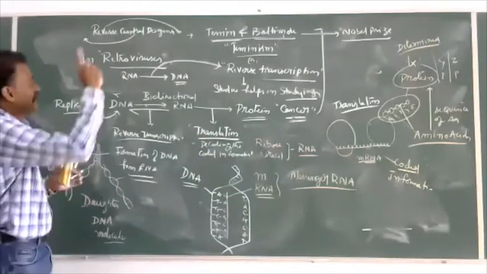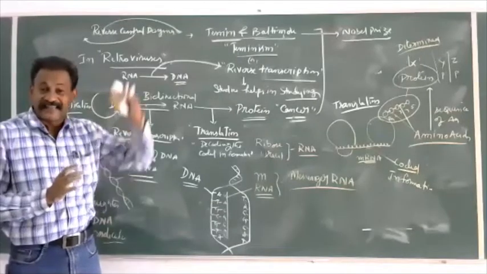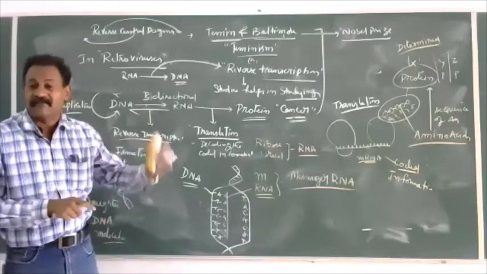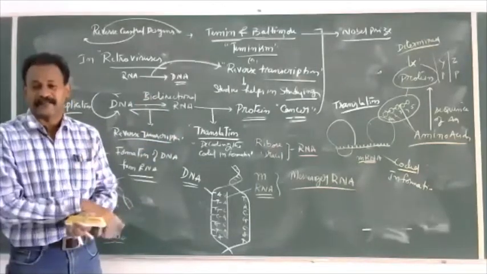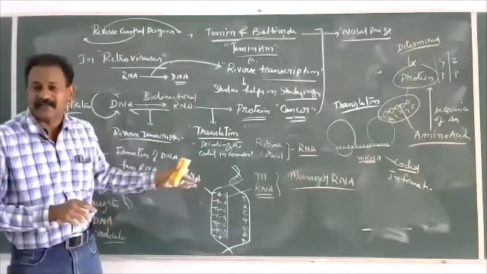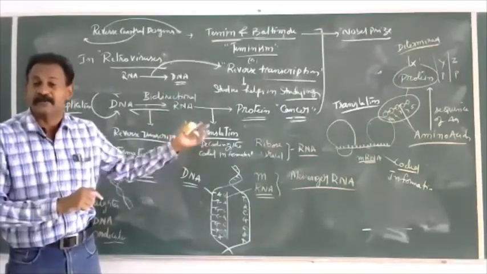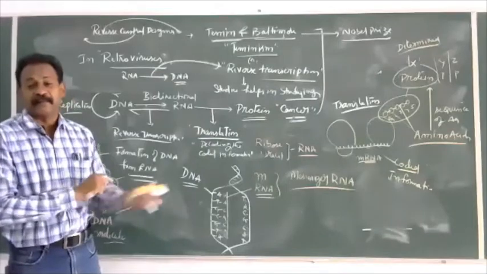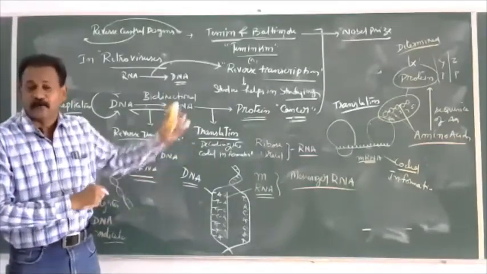We have studied the DNA in today's class. The length of the DNA is measured by the number of nucleotides present in it or the number of base pairs. And we have seen some examples of organisms. For example, Escherichia coli 4.6 into 10 to the power of 6 base pairs, 3.3 into 10 to the power of 9 base pairs, 6.6 into 10 to the power of 9 nucleotides.